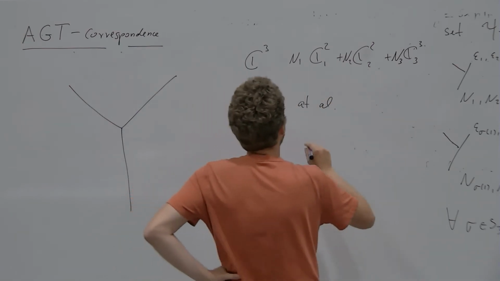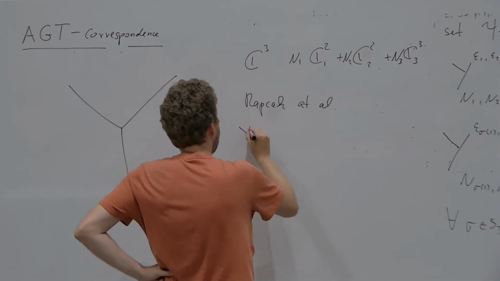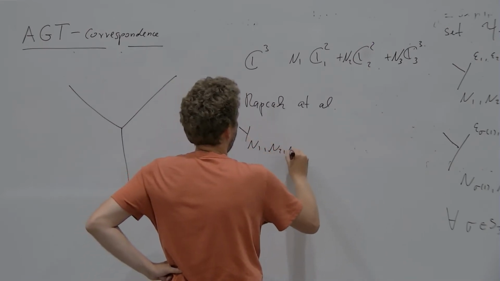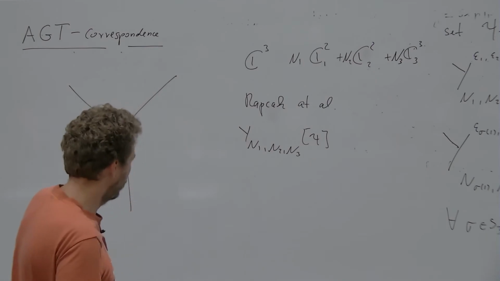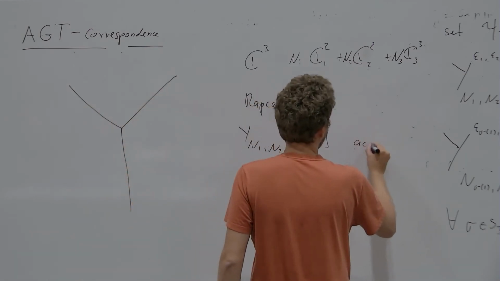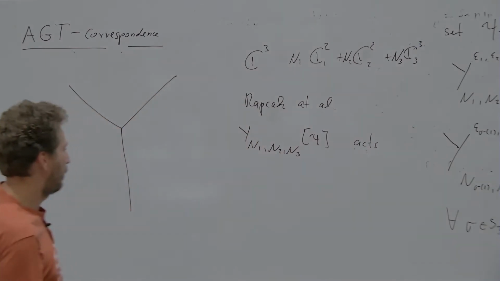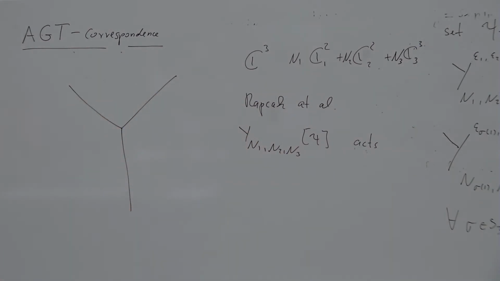So they showed that these Y N1, N2, N3 algebras at psi, where psi is related to certain parameters appearing here, act on this equivariant cohomology of coherent sheaves supported on this divisor. Now, this is a general thing. More generally, what one wants to do is look at moduli spaces of instantons, some geometric structures on toric varieties. So this would be the trivial example for that.